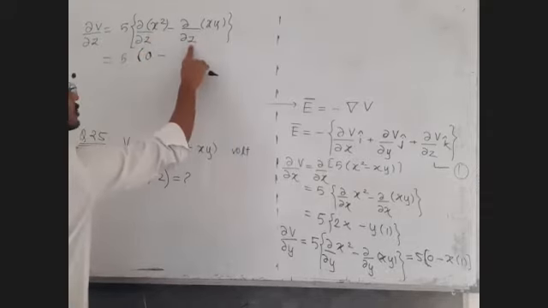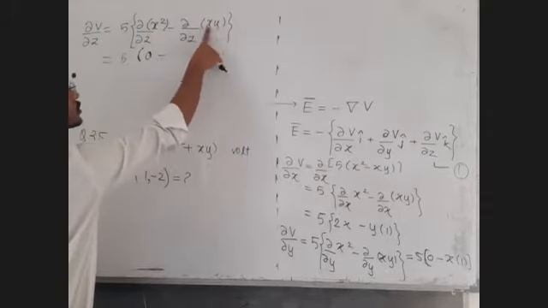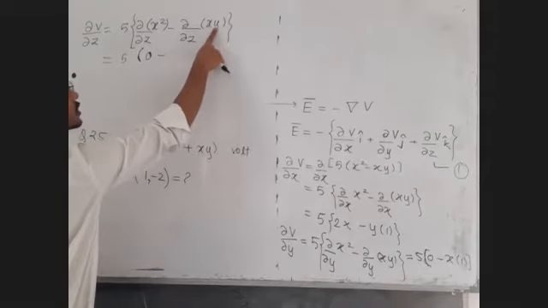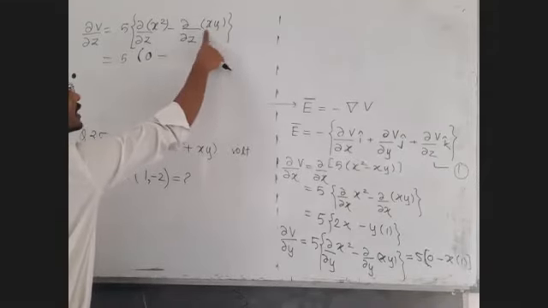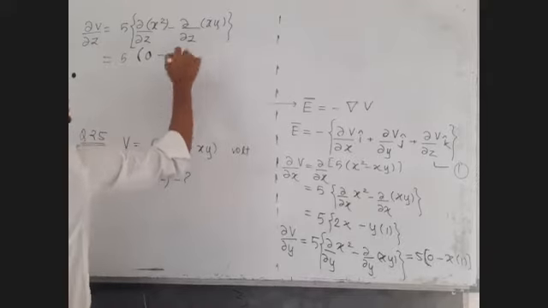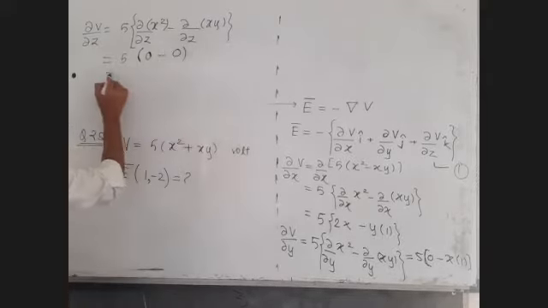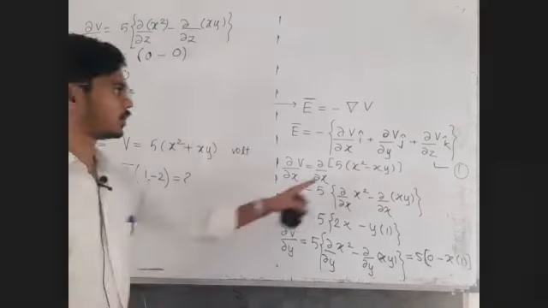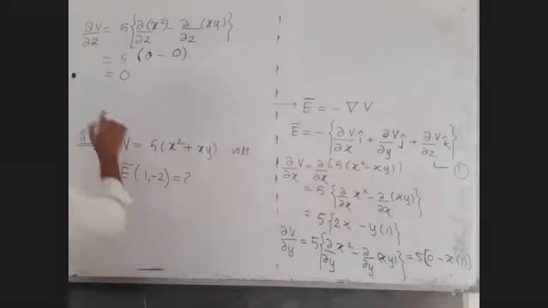Minus, sir, dou V by dou z, so x and y both terms will be taken as constant. So constant into constant, we have again a constant, derivative with respect to z, 0. Okay sir, fine. Now let us write equation 1 once again.